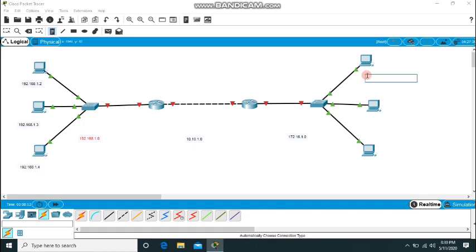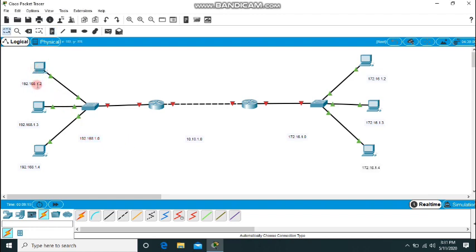Similarly here, it is 172.16.1.2, the second PC 172.16.1.3, and the last one 172.16.1.4. Okay, the PCs are allocated, and let me see how the communication happens in the network.